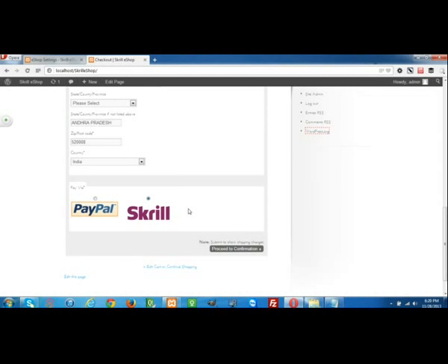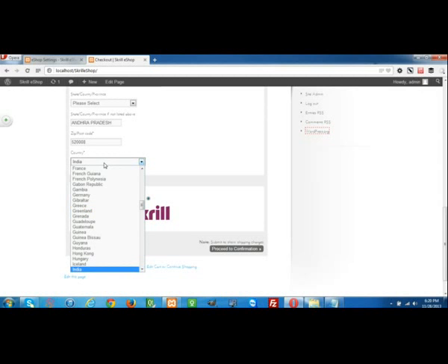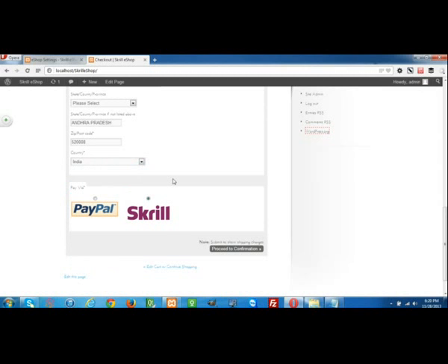Remember that if you are staying in the US, but you give a country such as France or Greece or something, then Moneybookers will automatically change your country to US only in the Moneybookers gateway, not here.